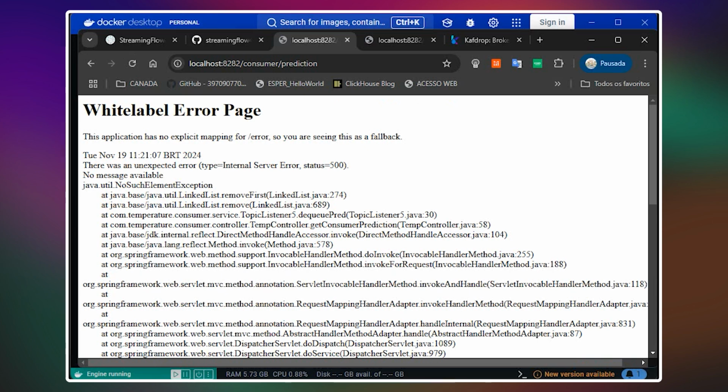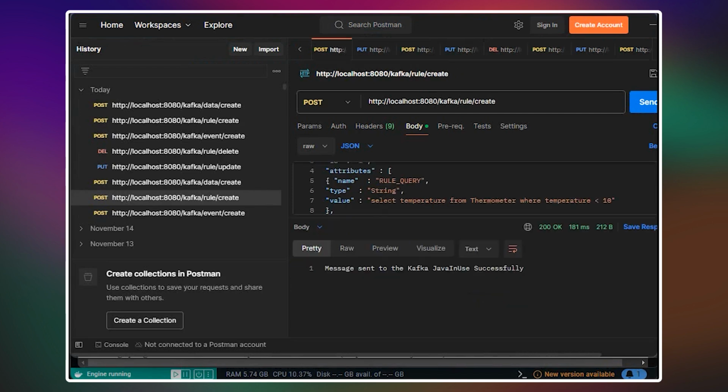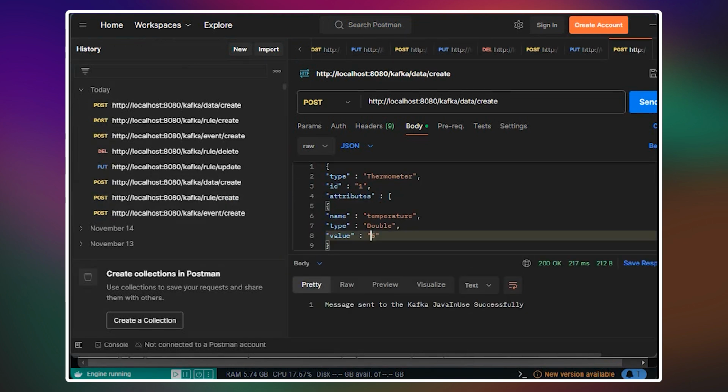Well, but this is the interesting thing here. Because I said this information should arrive if, in our rule that I created first, the temperature is less than 10. This is the great thing in data orchestration. If I send information here with not 5 but 15, it will not arrive, because it only sees thermometers with temperature less than 10.